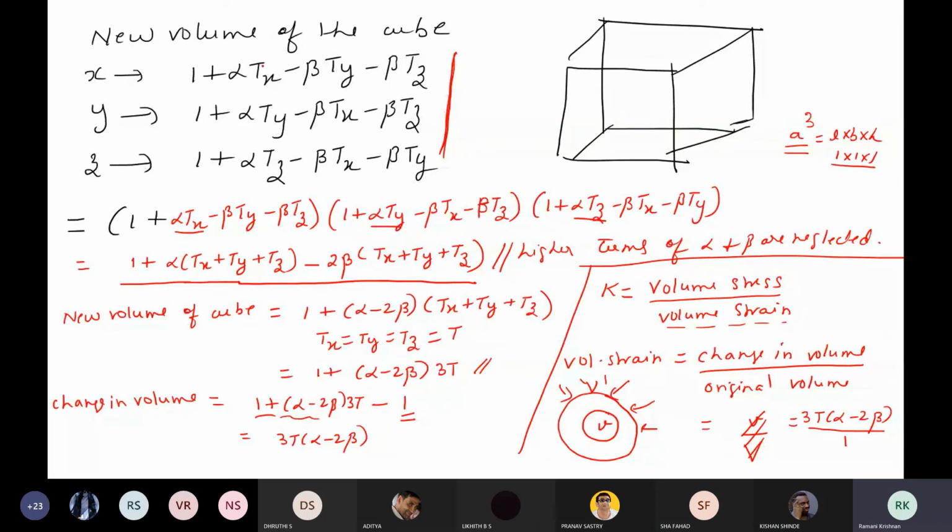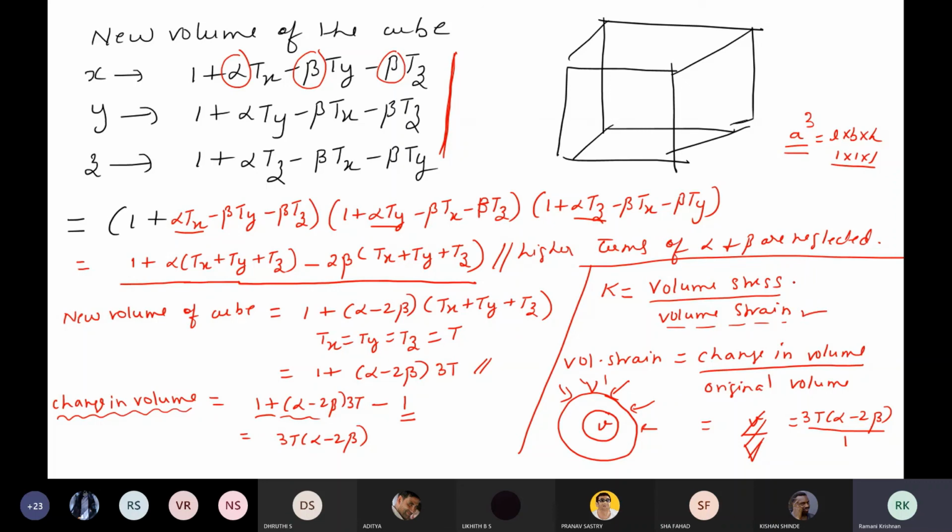In that direction, the axis we are talking about, there is elongation. The other two directions, compression. So beta. So you have understood that. This is length into breadth into height. Neglect the higher terms. And so the new cube is 1 plus whatever we got. All the stress is same. So 3T. Now this you have to remember. I don't need new volume, I need change in volume. Change in volume is the new volume minus the original one. So I get this. I have substituted in the strain now.